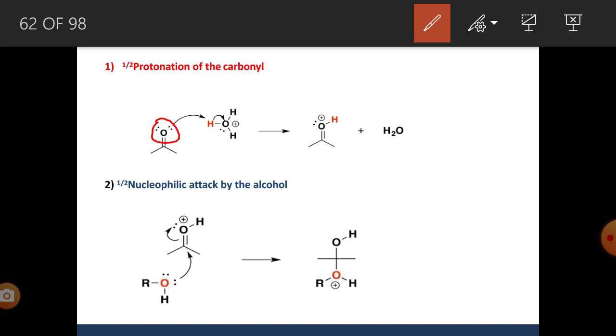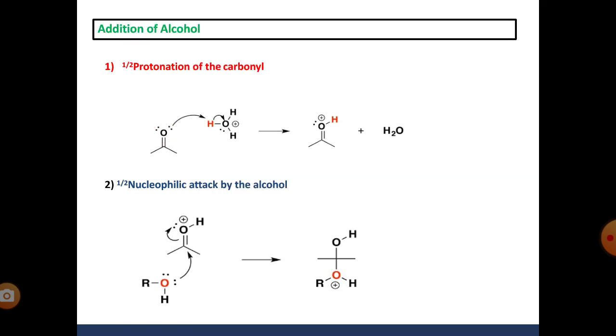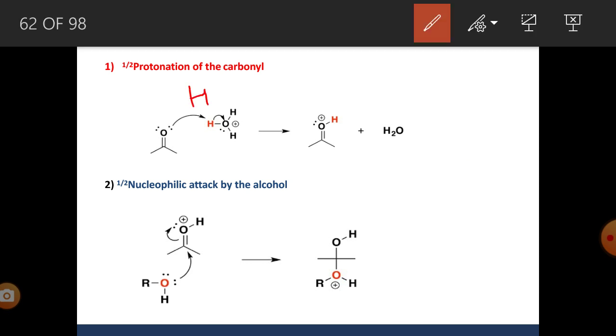So here hydronium ion acts as a proton source, acts as an acid, and it can release a proton. This H plus ion which is released is electron deficient and attacks this lone pair, or oppositely we can show this lone pair attacking this proton, and there is formation of a new bond between oxygen and proton.